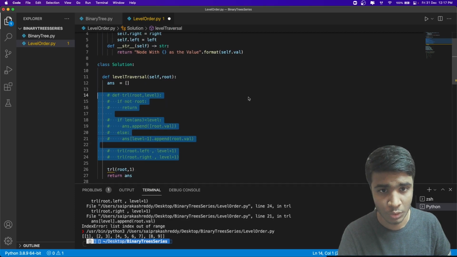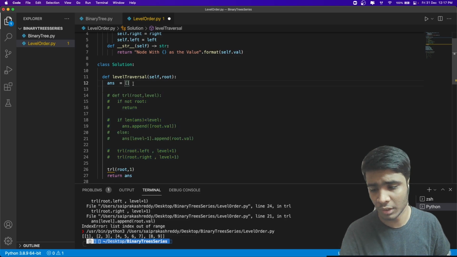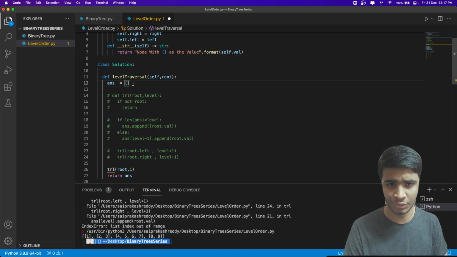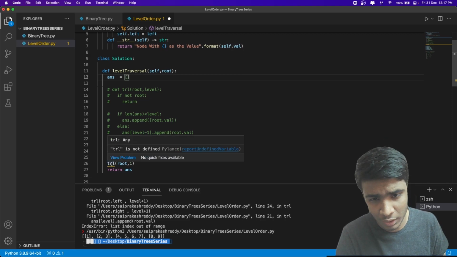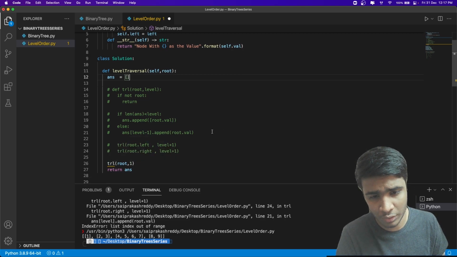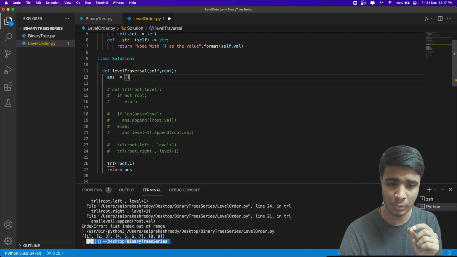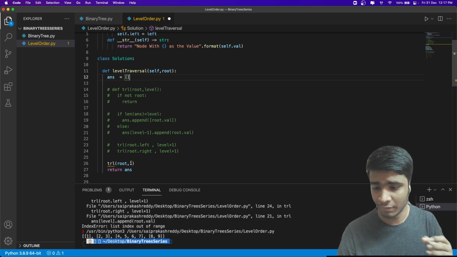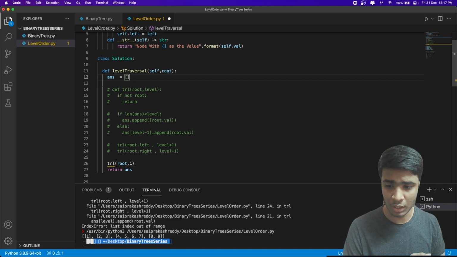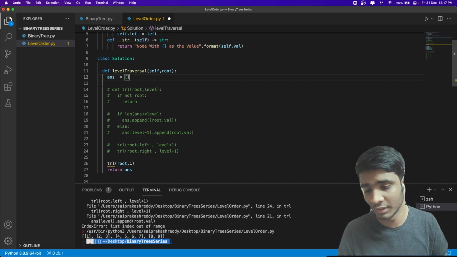we create an answer array. This is going to be our array which will hold all the answers, so it's going to be a big array. And we're going to call traversal, and we send root, and we also pass one important parameter through each call, which is level. So the idea is to have information of which level you are traversing. Currently the root is at level 1.